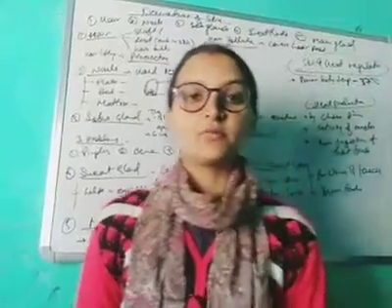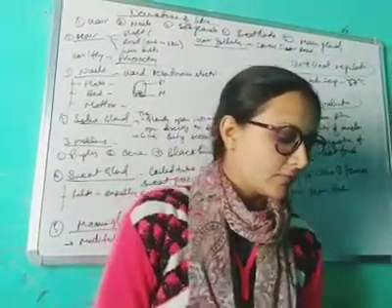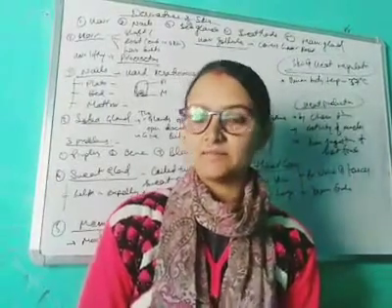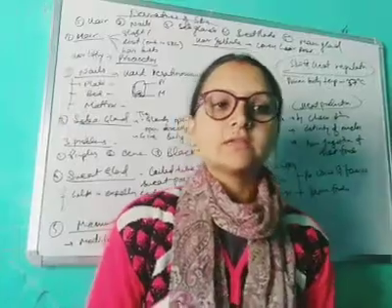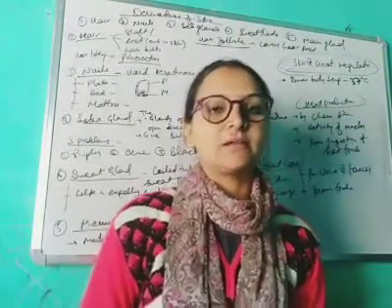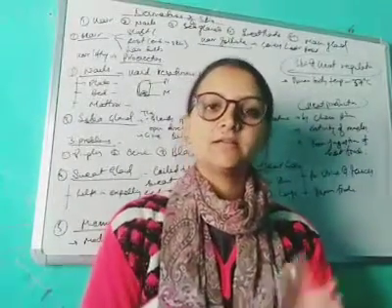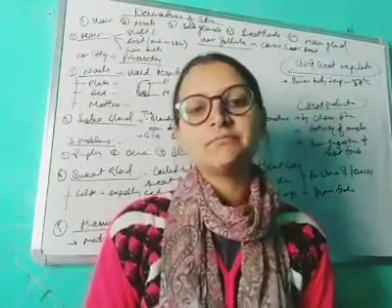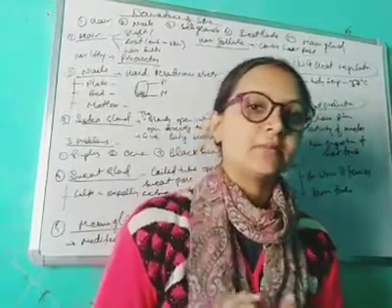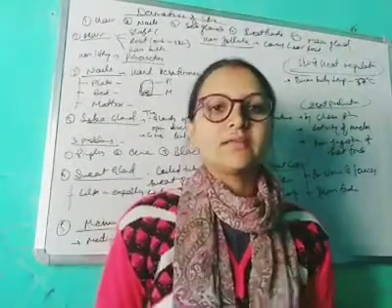That means we produce our heat from the body. The human body usually has a temperature of 37 degrees. So it's very important for the skin to regulate this body temperature. In the summers our skin secretes a lot of water by evaporation, by sweating. That's why the body temperature gets lower. That's why the body gets cooled down.